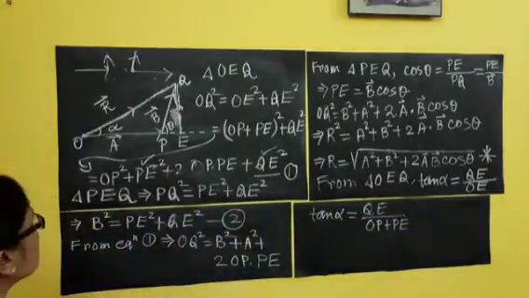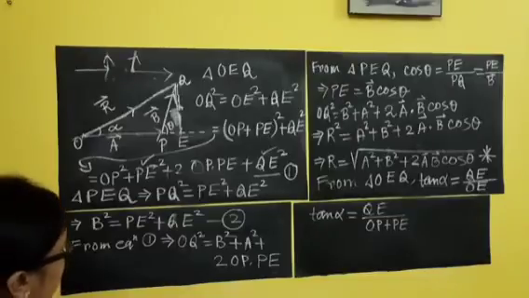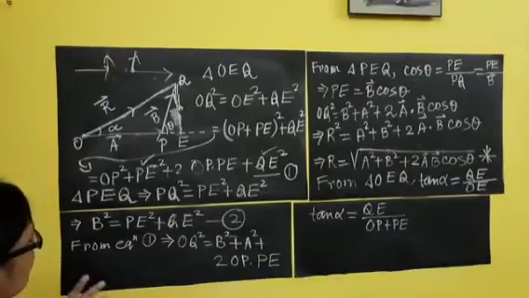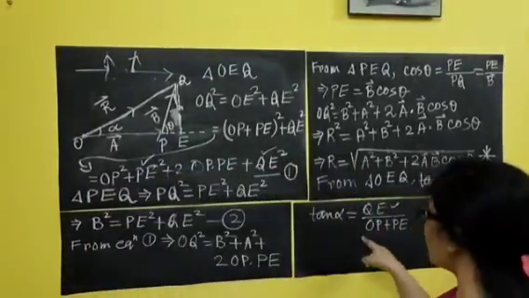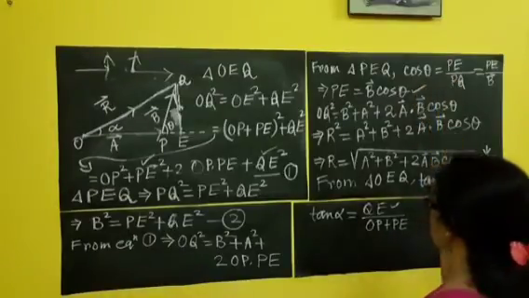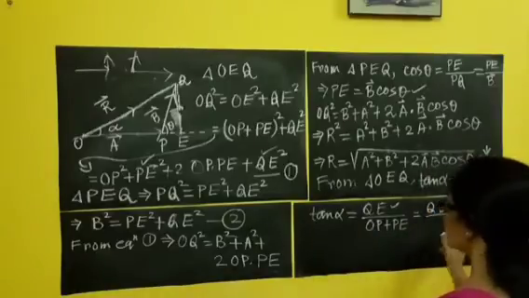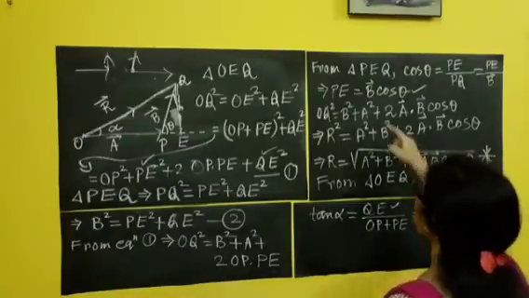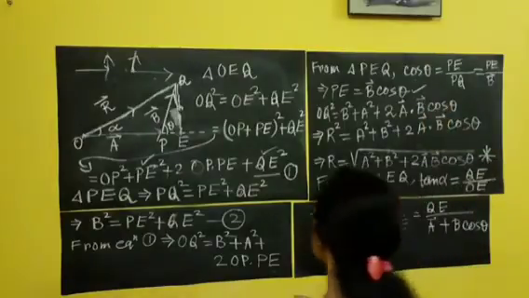Let's find out QE. Who is QE? Have I done it earlier? No, QE I have not done, so I need to find out QE. Another thing, OP is vector A, I know. PE is already done: B cos theta. So first copy down what I know. QE I don't know, write it as it is. OP is vector A plus PE, and PE is B cos theta. Now again I need QE.